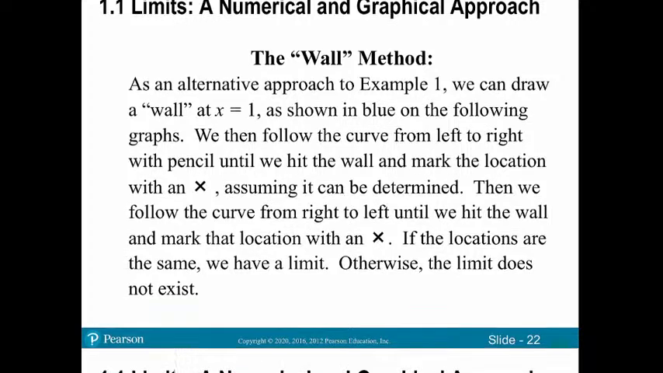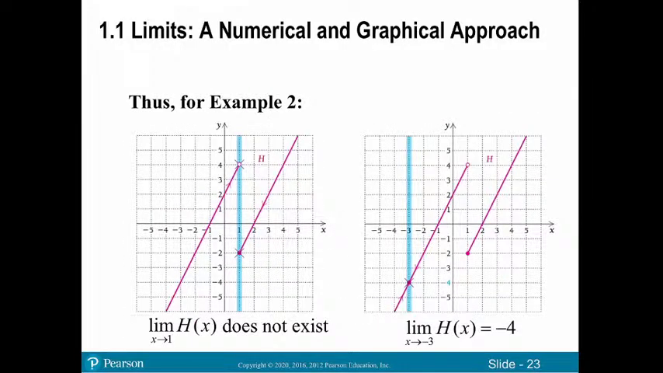Okay. So in example 1, when we were considering x equals 1, you can see the wall. We have a blue wall here. As we trace left to right, the y value hits the wall at a value of 4. As we trace right to left, the y value hits the wall at a y value of -2. So because the left-hand limit does not equal the right-hand limit for part A, that's why we said the limit